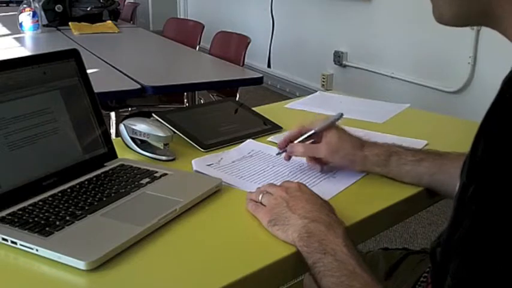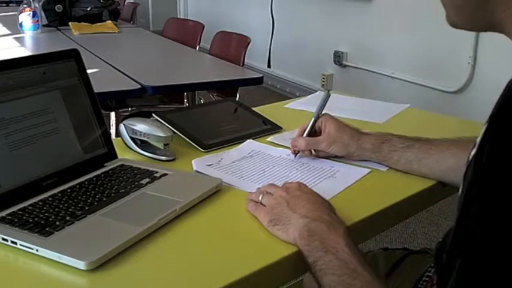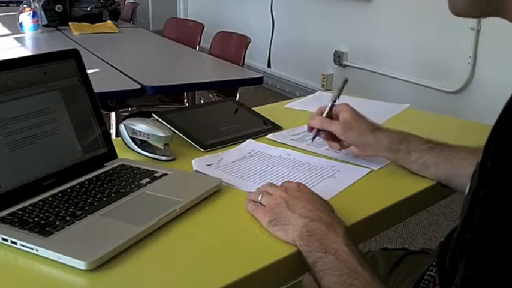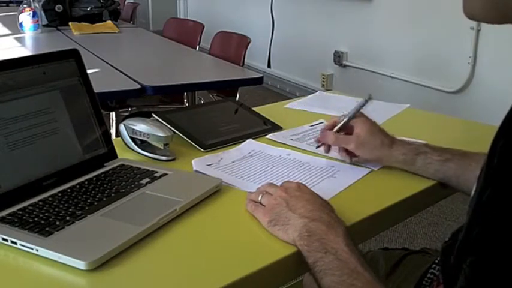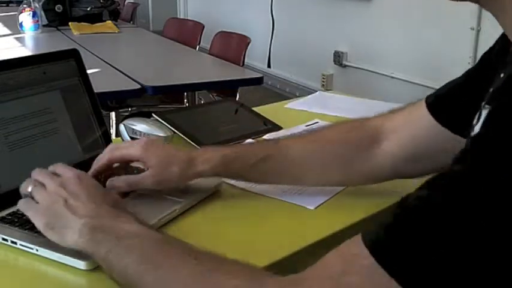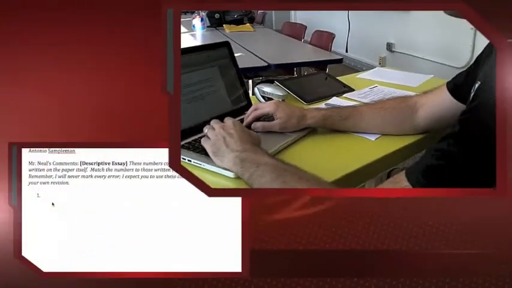So when I'm reading, I'm going to go through and I have a set of symbols. If I see an error, I'm going to mark them, and the students understand what they are. However, of course, there's going to be other times that I want to make a longer comment. And when that happens, I put a number in the margin, I circle it, and then I go to my laptop. I have a series of